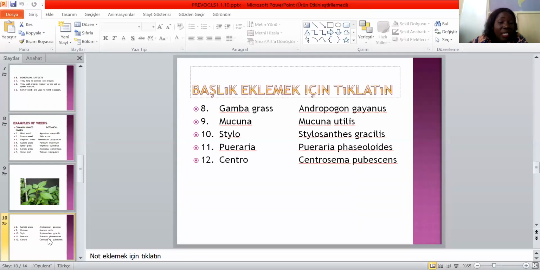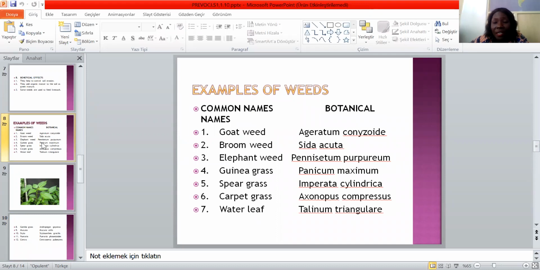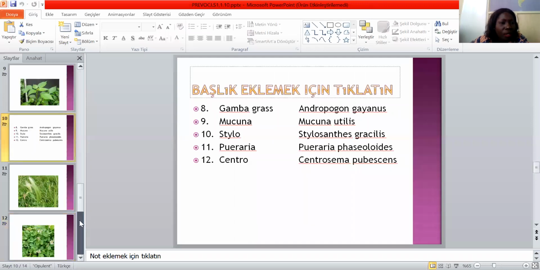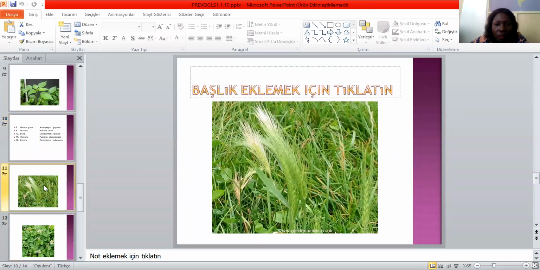Number 9, 10, 11, and 12 are referred to as leguminous weeds. They provide protein to farm animals when being fed with them. Their examples 1 to 8 are called grasses or weed in form of grasses. They provide carbohydrates to farm animals. If you want to feed these to your farm animals, you have to combine them. You shouldn't feed grasses alone to them. Mix them up with legumes so as to provide balanced diet to the animals. Is this an example of guinea grass? Here, picture of guinea grass.